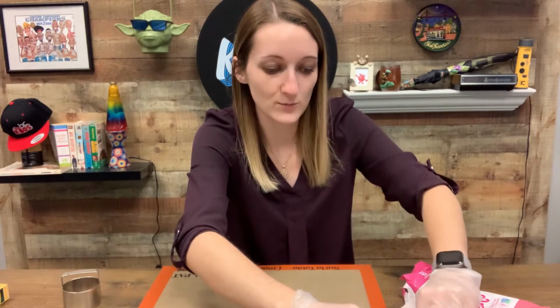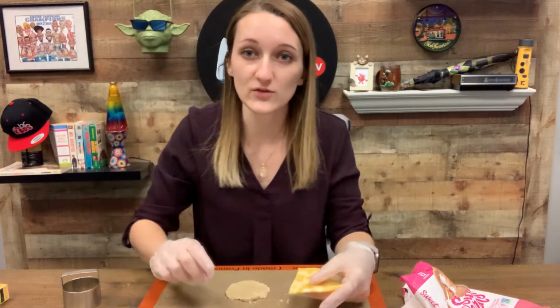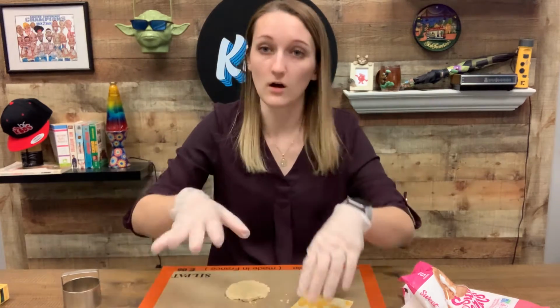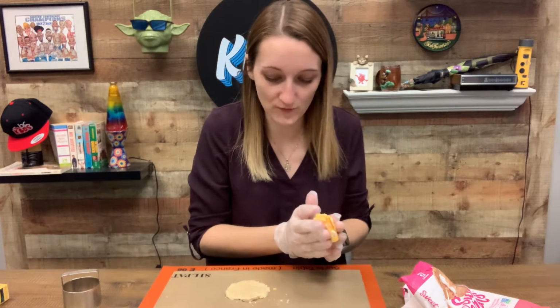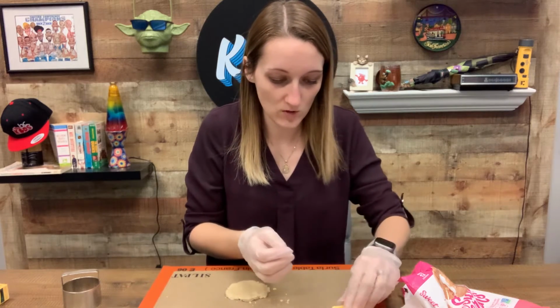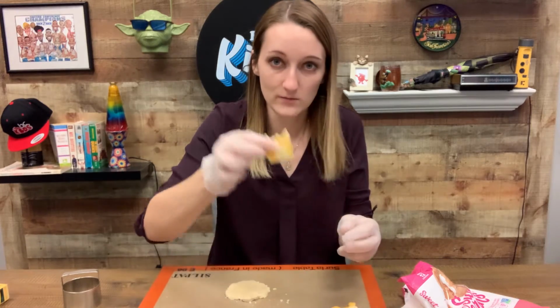And so my plan of action here is to make the cookies, then put them in the freezer because you're supposed to cook these cookies from frozen. And I'm worried that if they're not frozen, it's just gonna all fall apart and be a giant mess. So I'm gonna make the dough, I'm gonna put them in the freezer, and then I'll cook them. So I'm gonna just make a little